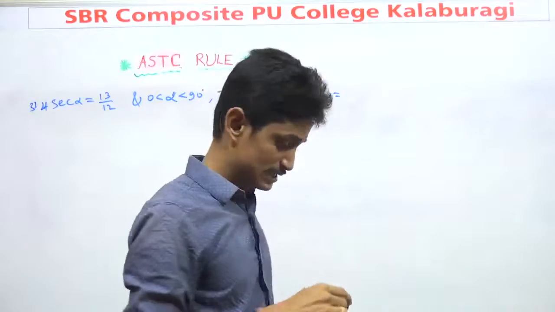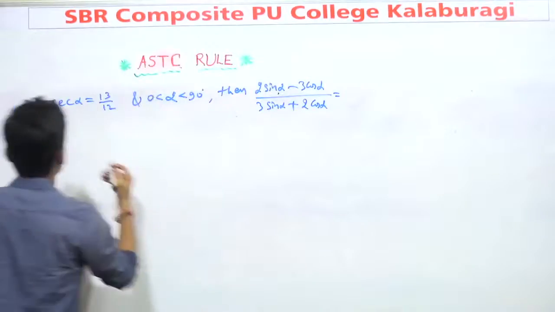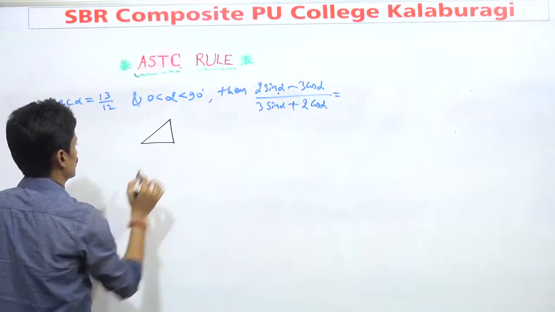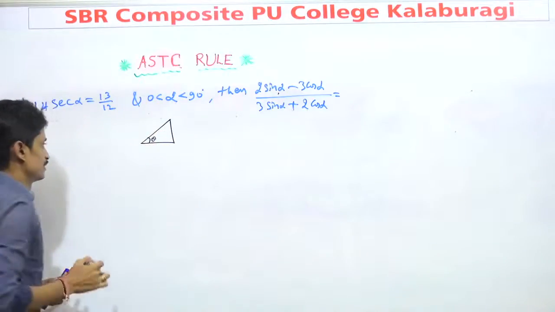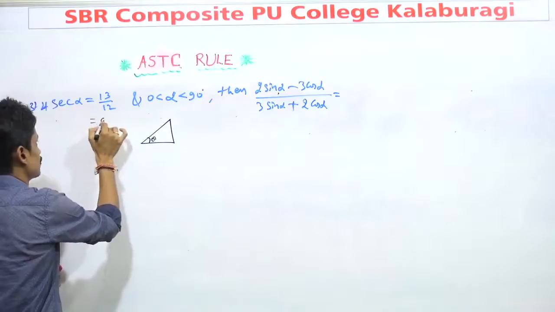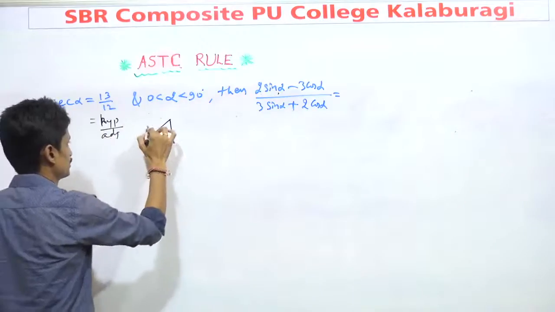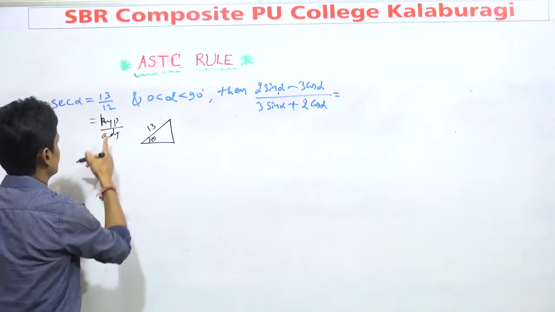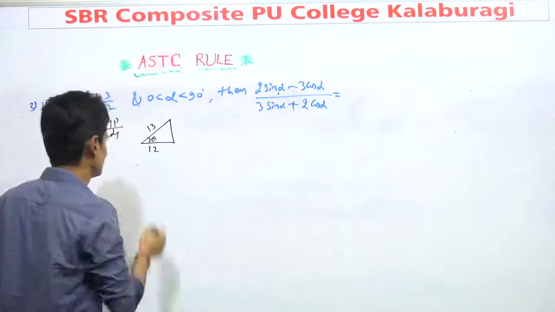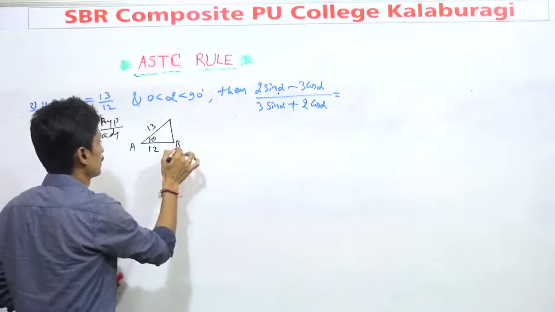Okay, how will we get the answer? Let us start now. First I'll draw a triangle. Basically, it is in the first quadrant. Here I am theta, and for theta the opposite side is this one. But secant is nothing but hypotenuse by adjacent. Hypotenuse is 13, we write here. And adjacent is 12. What about the other side? It's very simple. If you don't know, apply the Pythagorean relation.